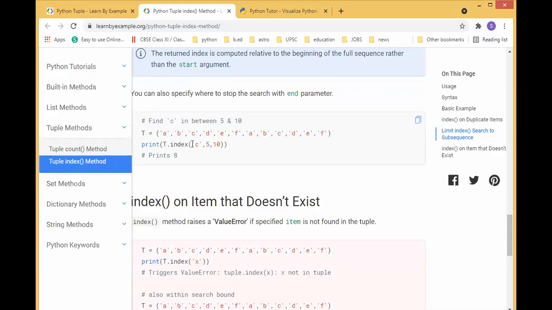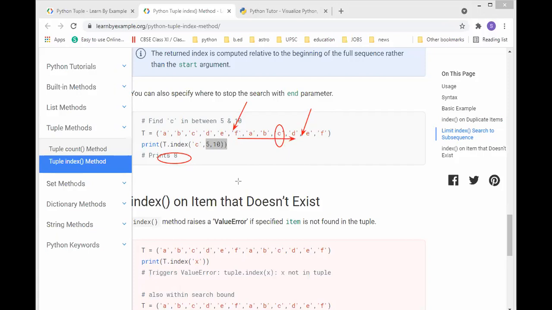C is the searched item, and 5 and 10 are the starting location and the stop location. So it will search in between these values and return the found item. See, C is present. Students understood?